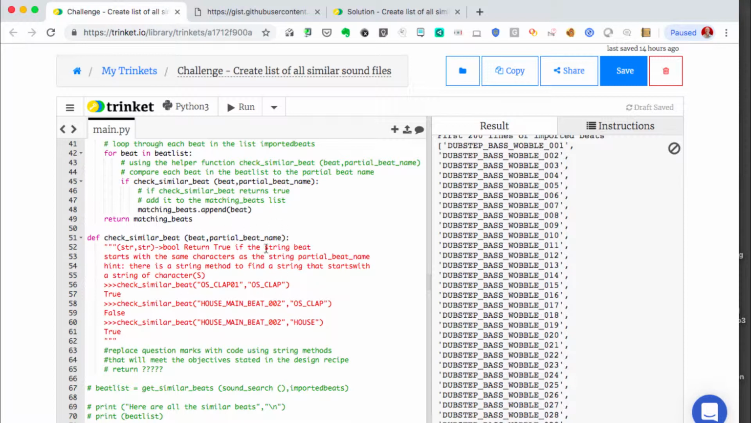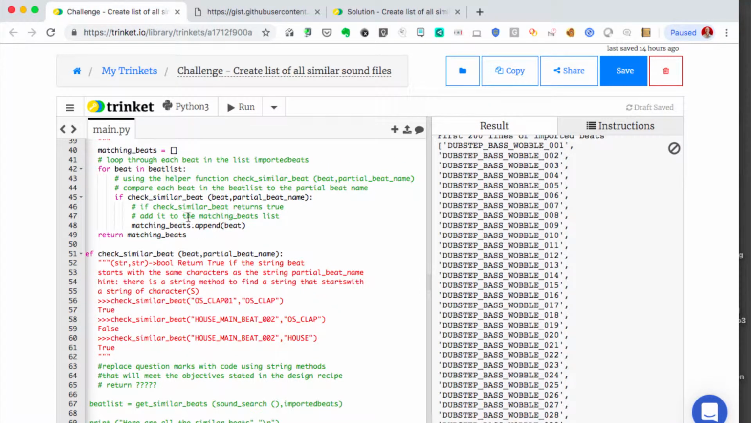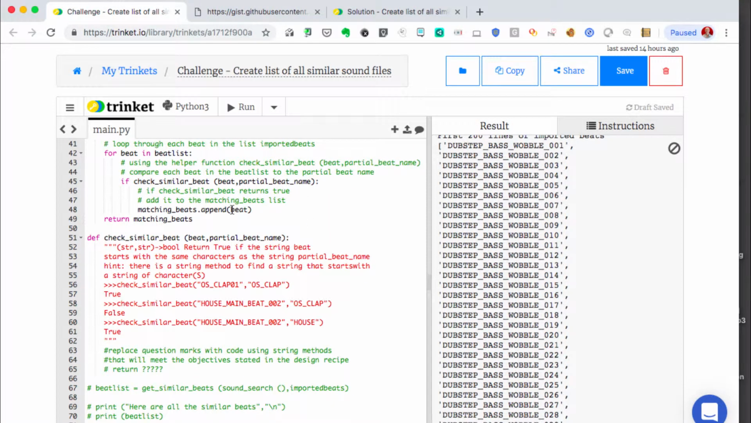So what it's going to do is check whether osclap01 starts with osclap, and it will return true if it does. Does house main beat start with osclap? No, that's a false. Does house main beat start with house? Yes, that's true. And this helper function will be really important for the previous function, because check similar beat is a helper function that it's going to use